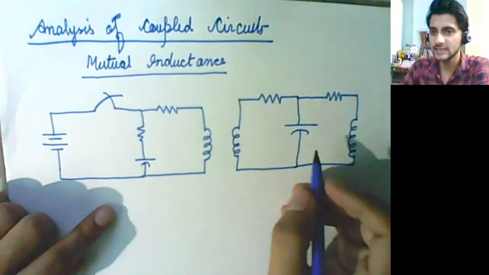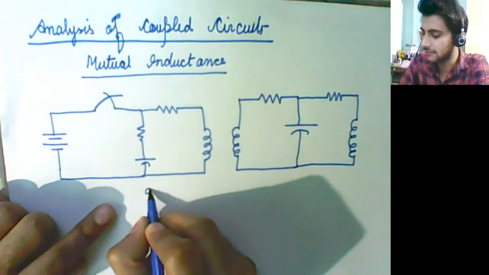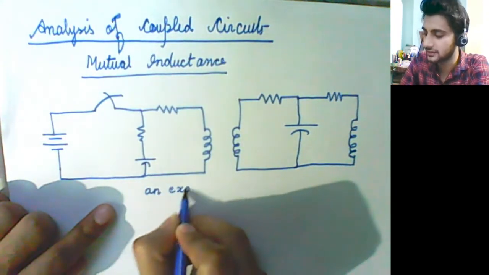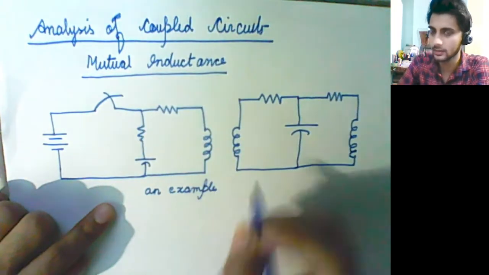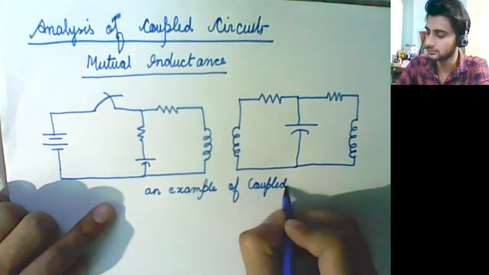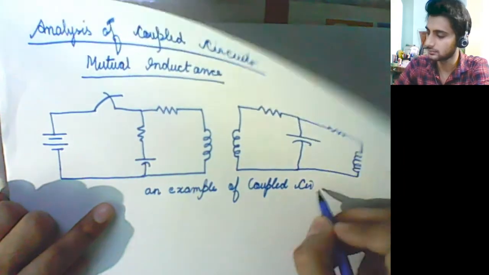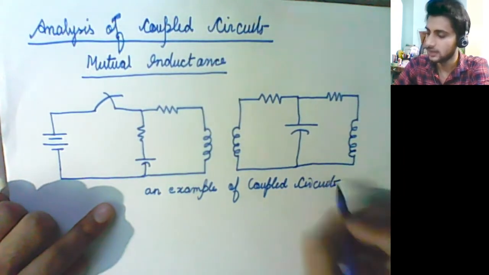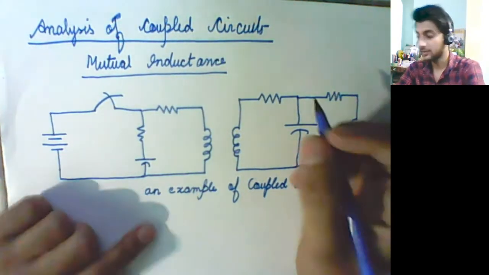So this can be considered as an example of a coupled circuit. Why a coupled circuit? Because here